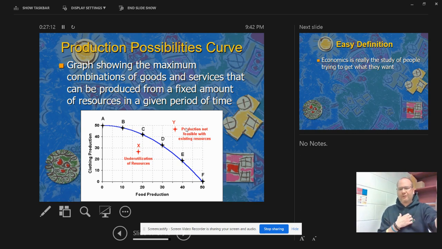Businesses do this all the time. They're trying to figure out, hey, if we're going to produce a couple different products, well, here's the amount of resources we have. We can produce both, but what's going to be best for our company? What's going to be best for our sales? What's going to be best for our customers? So it's important that we understand, and we'll get into that more, how to produce a production possibilities curve. And we'll study that a little bit when we get further on in the semester.